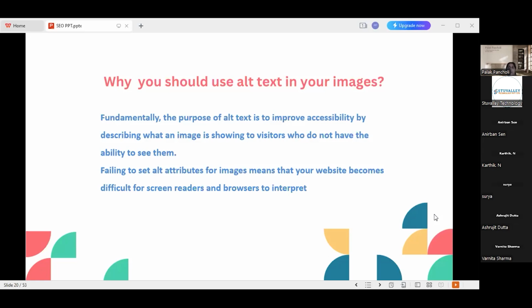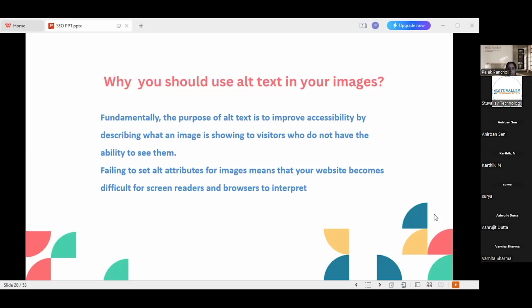So for that, they started this alternative text thing that describes what is there in a particular image. Okay, so when we write alternative text, the people who are not able to see the image will know by the text that there is an image here in between the content, and this image is about this thing. They will understand from the alternative text that is written about the image. With that alternative text, they will know this image is about this thing. Okay, so that was the real concept of alternative text.